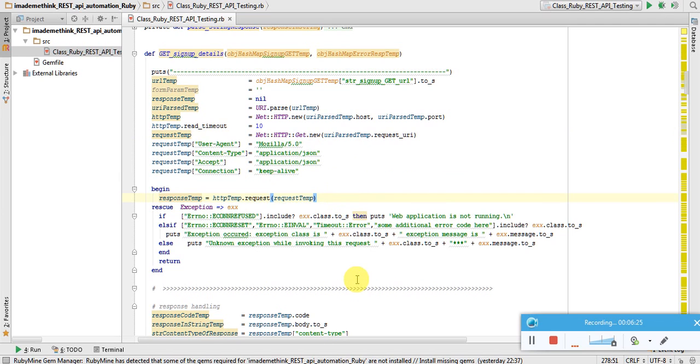Now since there are many conditions in which we have to test it, so I have to take a case that the application, the Tomcat itself is not running, the application itself is not available. So I have done it like an exception handling. So in Ruby it is like rescue handling. So if the web application is not running, then this rescue or this exception will be raised. So I have handled it here. So I will just put print that web application is not running, and I will just return it.